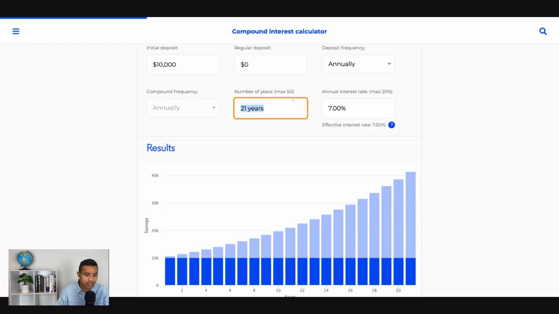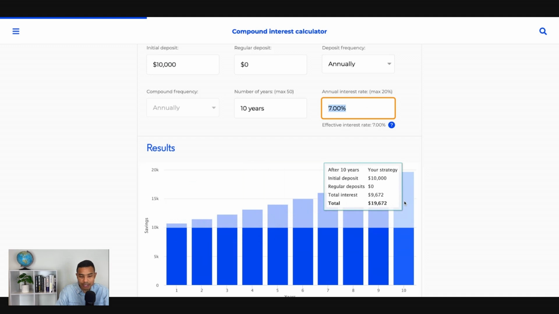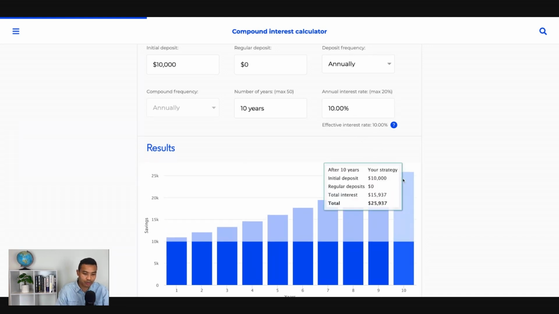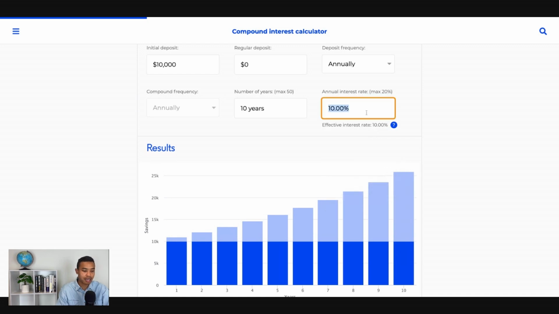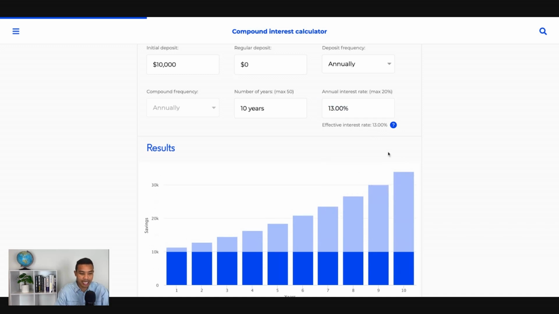But what becomes really interesting here is you can see the difference. Imagine over 10 years, 7% interest rate. So you can see here, it goes to $19,672. And if you want to get an insight into the differences that interest rates make, you can go to 10% there. As we discussed, that was at $25,000. But if you can get an extra 2% year on year, and that's not easy over longer term periods of time, you can see the rate of growth that suddenly it starts changing.